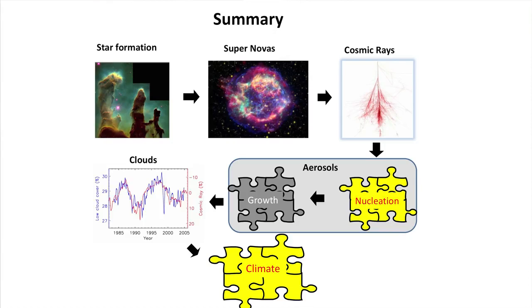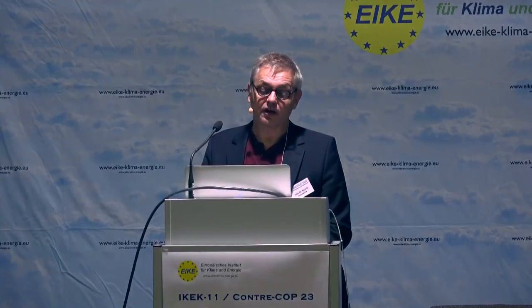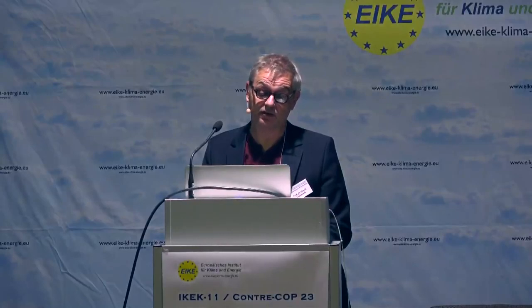The problem that we have had, and which we have been really working on for the last 4 years, is this part, the growth of aerosols, so they can become cloud condensation nuclei. And we have so much empirical evidence that indicates that we are changing the cloud cover, and the cloud cover has the right size, so it could explain why climate is changing the way it has been doing, not just from days, but from days out to millions of years. So it looks as if we have a link which connects cosmic rays with clouds and climate.